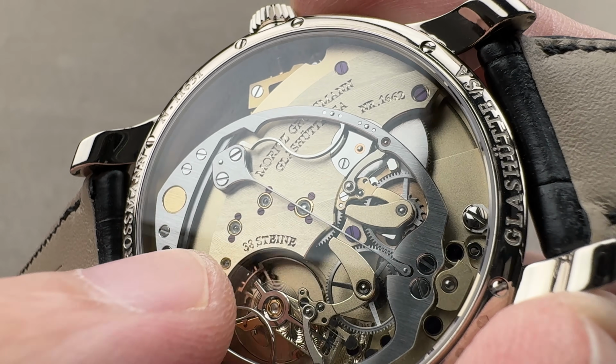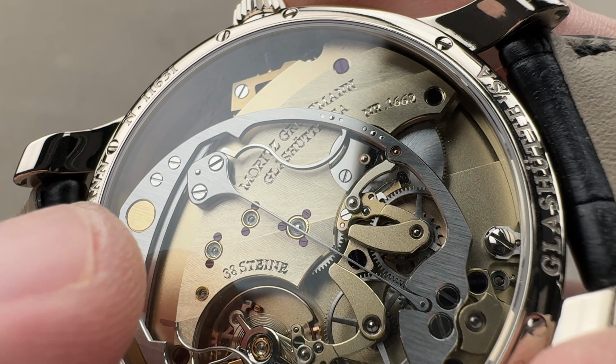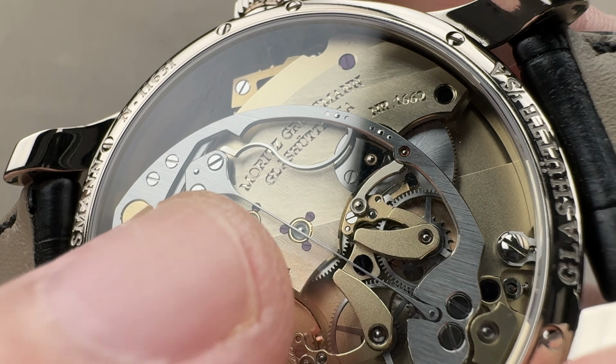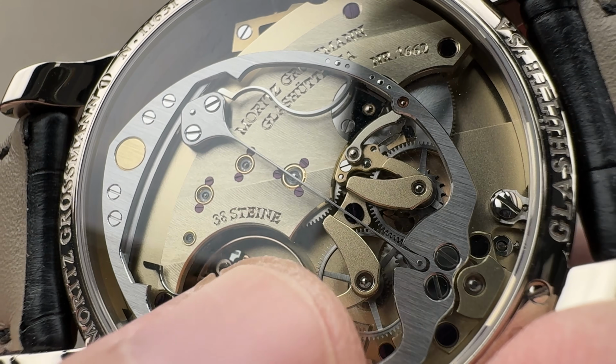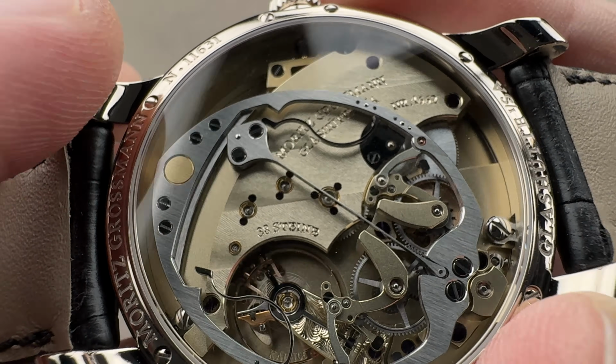Note the use of golden chaton cups for the pivot jewels, because that's how it would have been done in antiquity. A precision golden cup made, the jewel pressed into that, and then the assembly fixed into the bridge or place using screws. And that's how it's done here. You can also see the use of media blast on some of the surfaces on the mechanism of the winding device. This is as good as it gets,